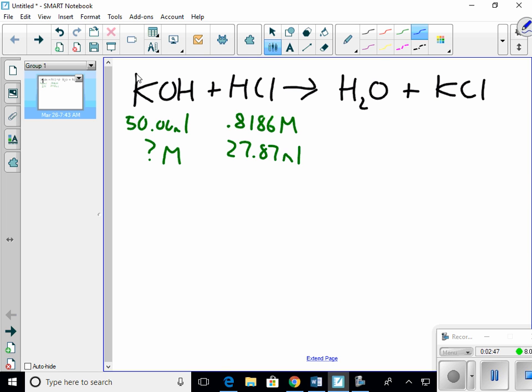You're given a lot of data. How do I use that data? In this question, we have a known concentration of HCl and known volume from the burette. We have an unknown concentration of KOH, but we have the volume that we started with. If we're asked to solve for that molarity, this is an example of solution stoichiometry, where if I start with my known thing,